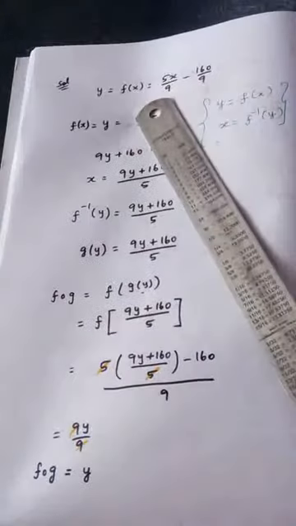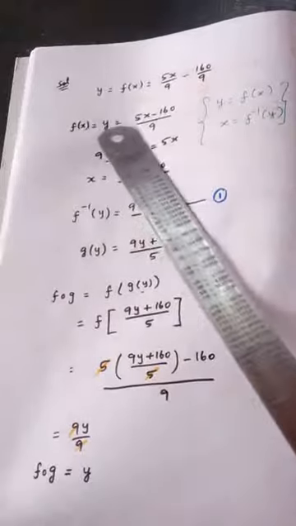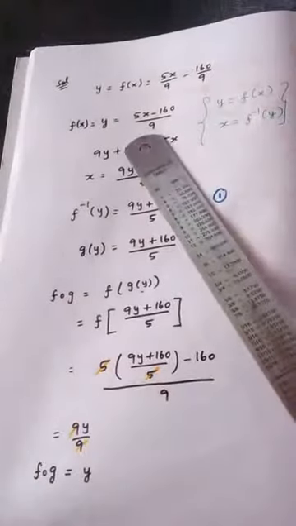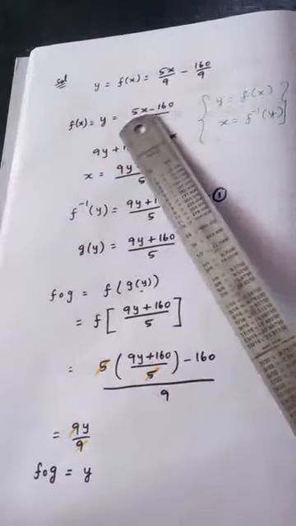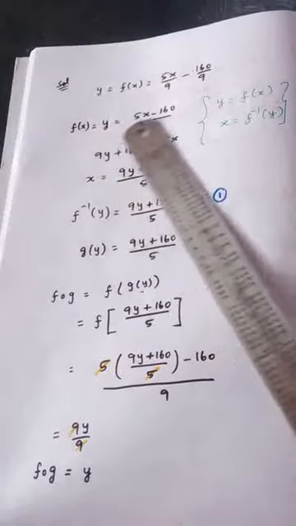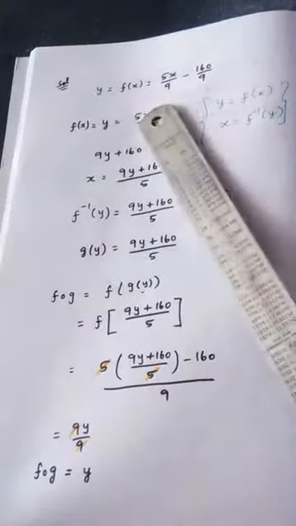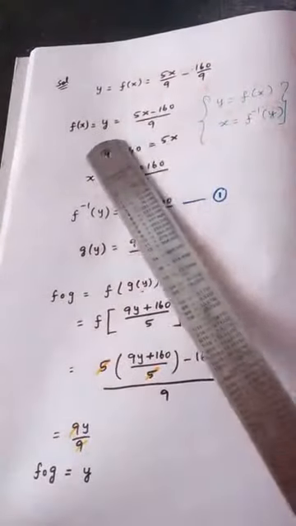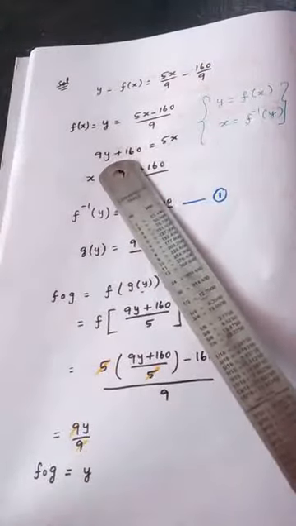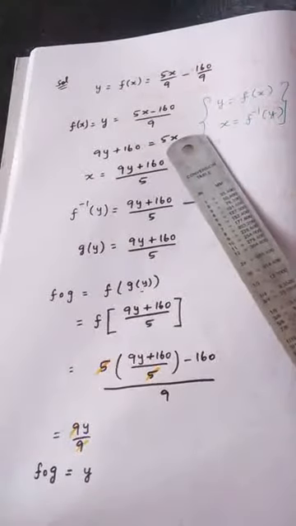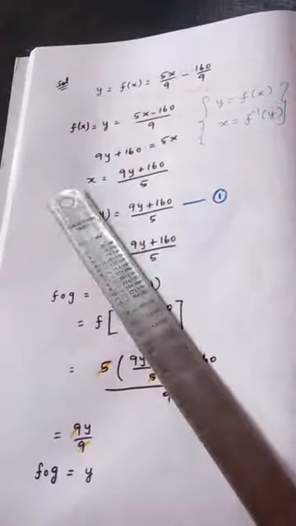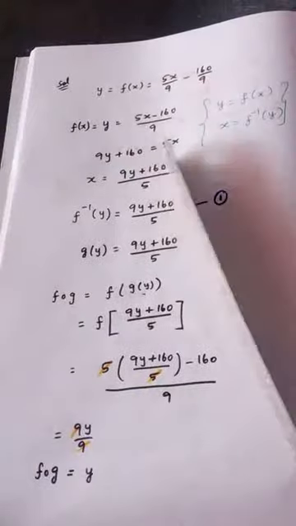So x can be rewritten as f inverse y. Okay. Now I am coming back to the question. y is equal to, since these two terms have the same denominator, just put that 9 and combine the numerator as it is. So 5x minus 160 by 9. This is the value for y. From this, I am going to try and calculate the value of x. How to do that? First cross multiply this 9y. Bring this minus 160 to this side and make it plus 160. So 5x alone remains on the right hand side, out of which take 5 to the other side and it becomes divided by 5. So the x value we got is x is equal to 9y plus 160 by 5.